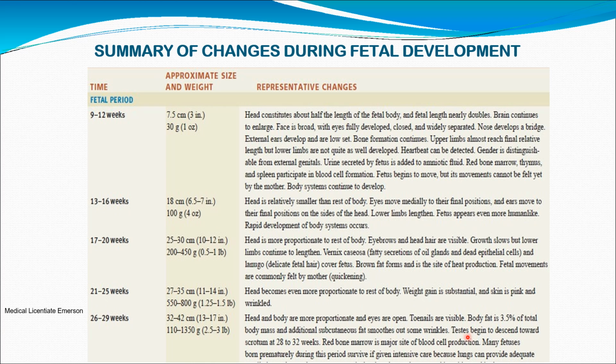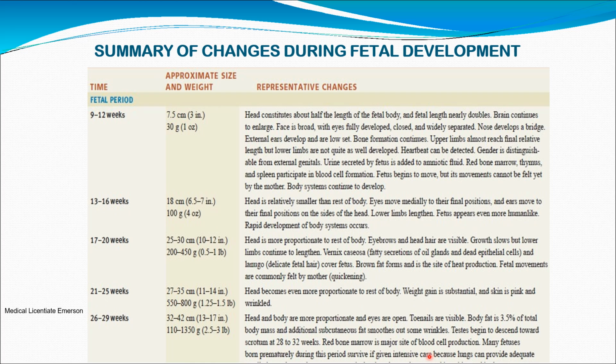Then the testes begin to descend down toward the scrotum at 28 to 32 weeks. So this is very important. Okay. Then you have the red bone marrow, which is the major site of blood cell production. Then many fetuses born premature during this period survive given intensive care because the lungs can provide adequate